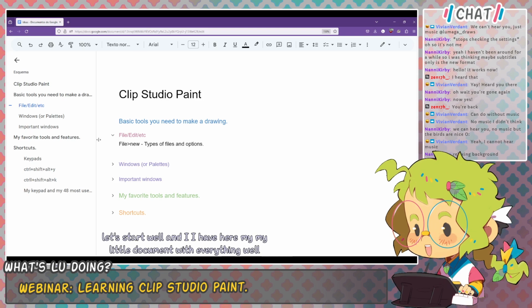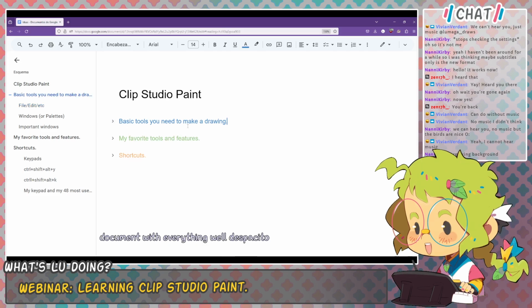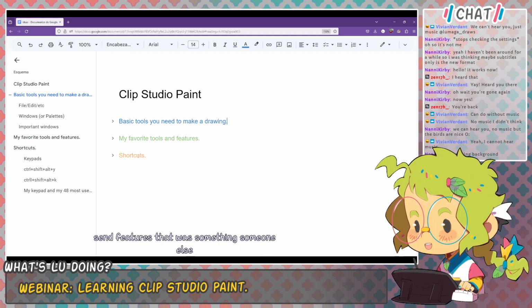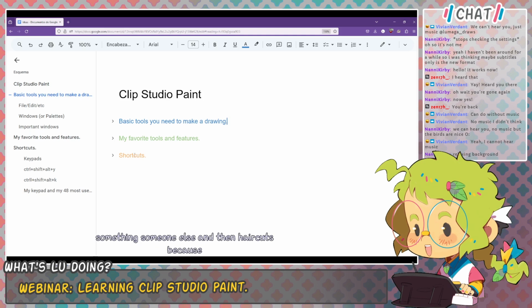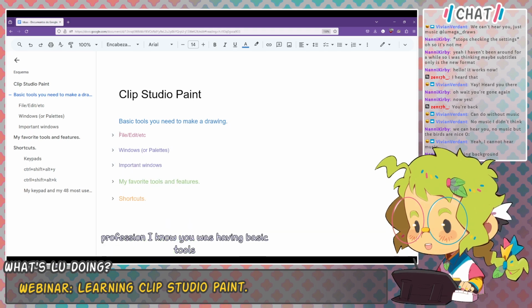We have this section, basic tools you need to make a drawing. My favorite tools and features, that was something someone asked. And then shortcuts, because I like shortcuts, and it's kind of my perfect section. I know it always has been. Well, basic tools. Let's see. We have